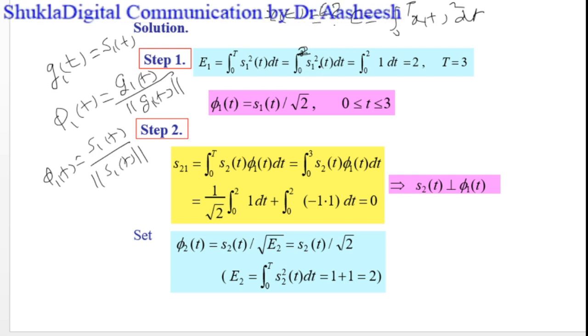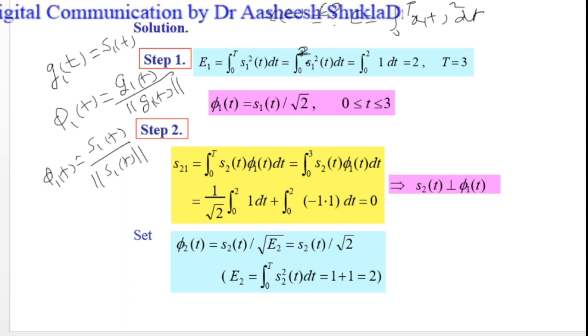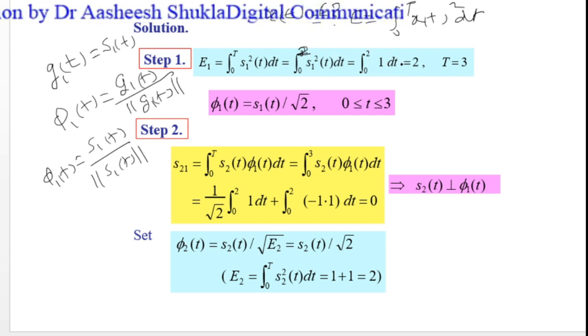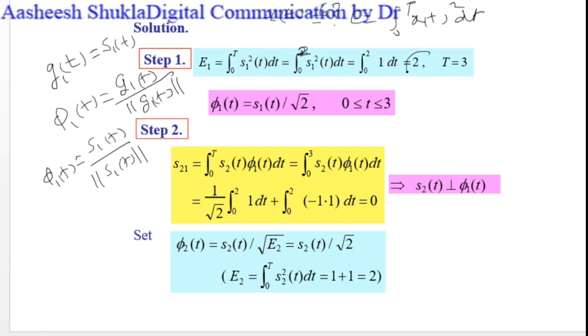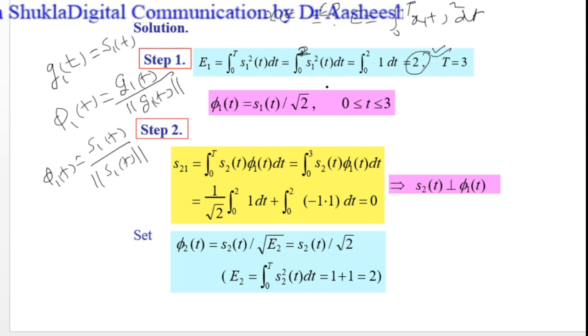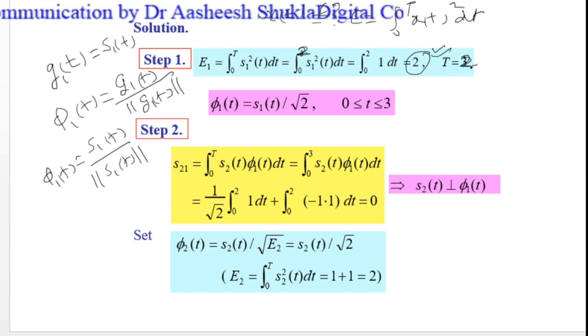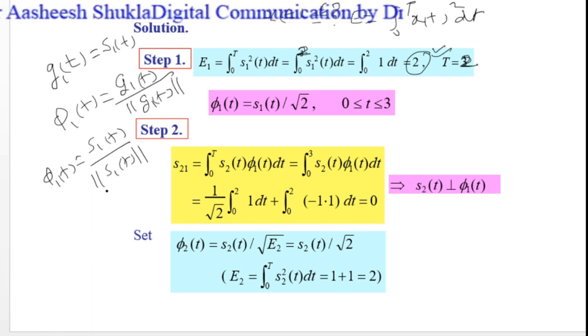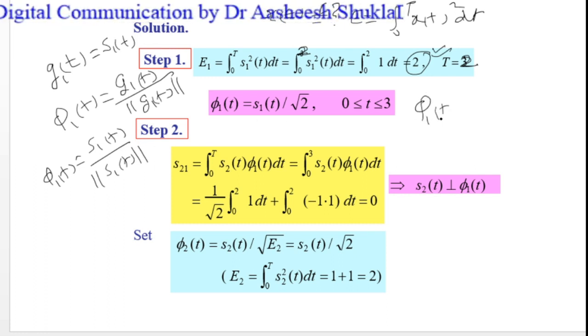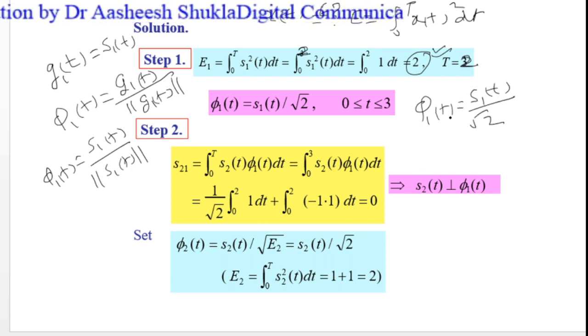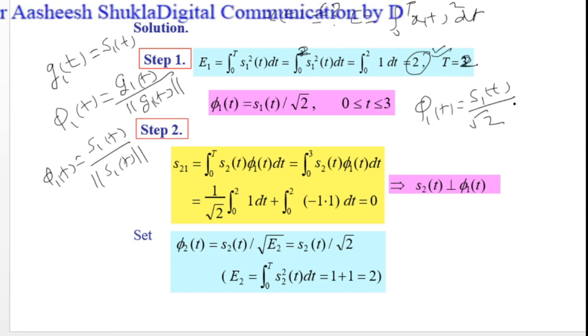And if we see the waveform of s1(t), the value of s1(t) is equal to 1 between 0 and 2, so we can put the value 1. So the integral from 0 to 2 of 1 dt, if we integrate it, we will get 2. The answer of this integration will be 2. So the energy of signal s1(t) is 2. The value of phi 1(t) is s1(t) divided by the norm of s1(t), and the norm is the square root of energy. So phi 1(t) is equal to s1(t) divided by root 2, or 1 upon root 2 times s1(t).